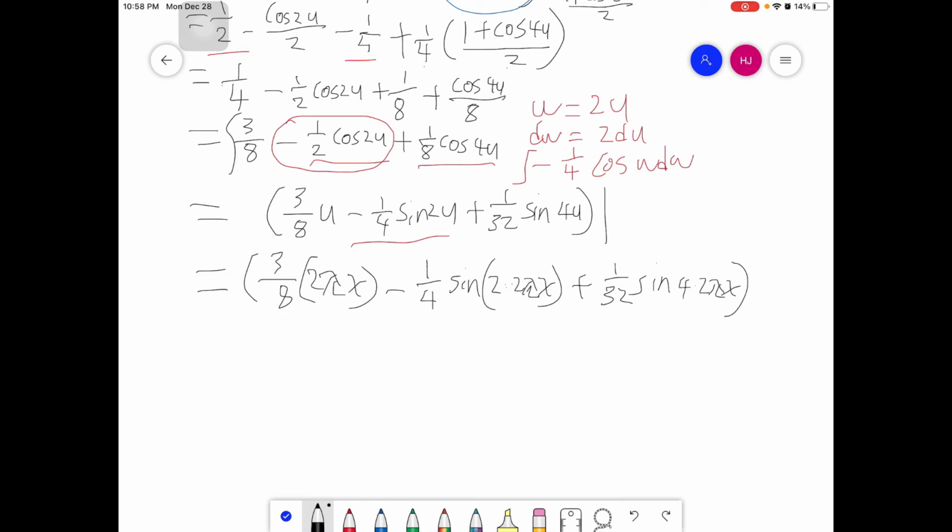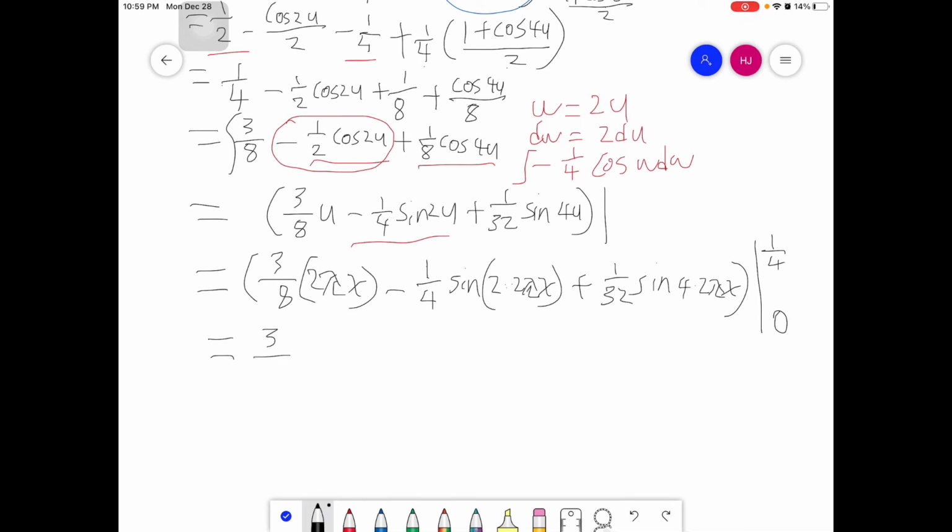For this, we can have the limit of integration of the original one, which is 0 to 1/4. And if we plug the limit of integration in, we can have